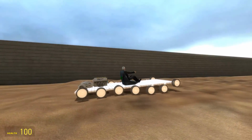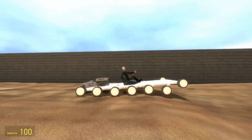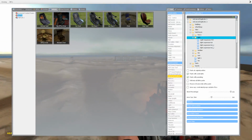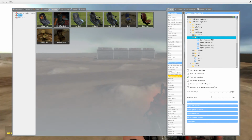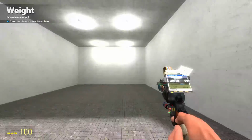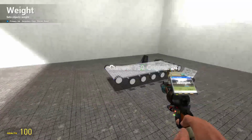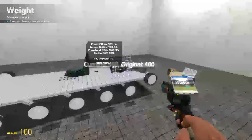And we'll just see how this operates here. Good, torsion bars are working as intended. I really should put a counterweight in this thing. But as far as anybody's really concerned, that's really the end of this tutorial. Now, I'm gonna do a few more edits before I really finish the video. Like, for instance, changing the weight here to 500 for now. It'll adjust from time to time, but